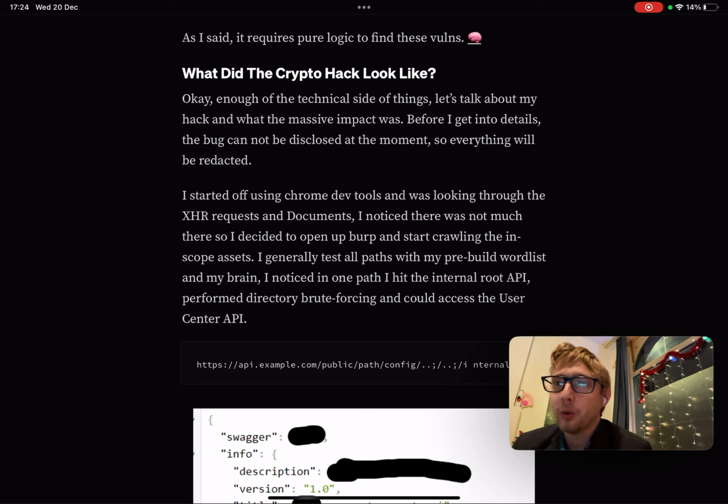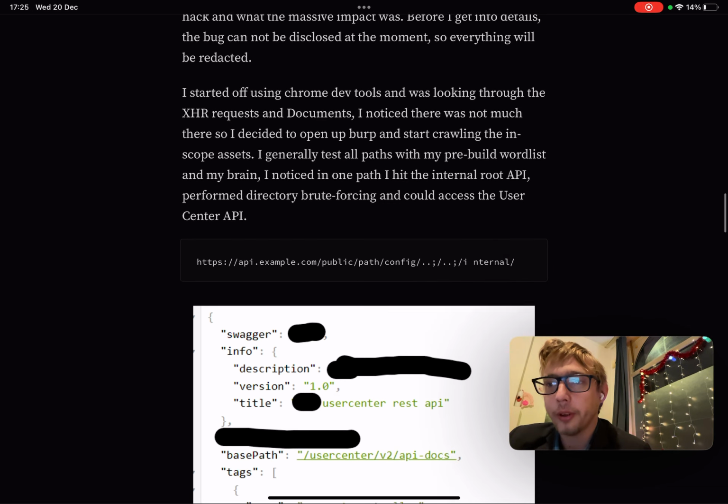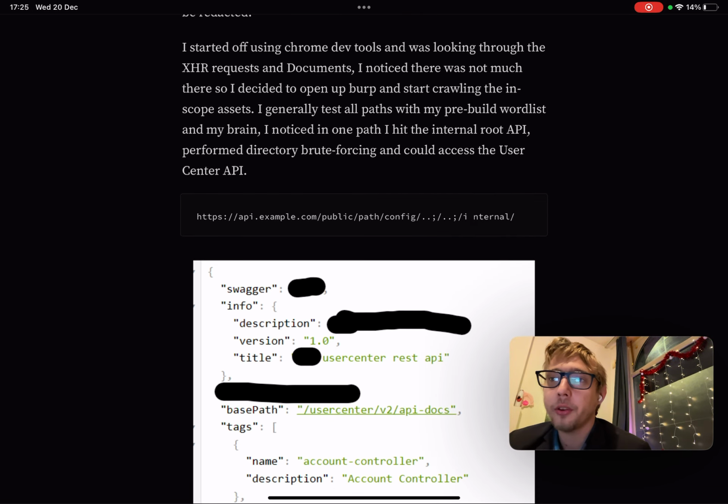I started off using Chrome developer tools and was looking through the XHR requests and documents. I noticed that there was not much there, so I decided to open up Burp and started crawling the in-scope assets. I generally test all paths with my pre-built word lists and my brain. I noticed in one path I hit the internal root API, performed directory brute forcing, and could access the user center API. The path reversal that is being used you can see below,